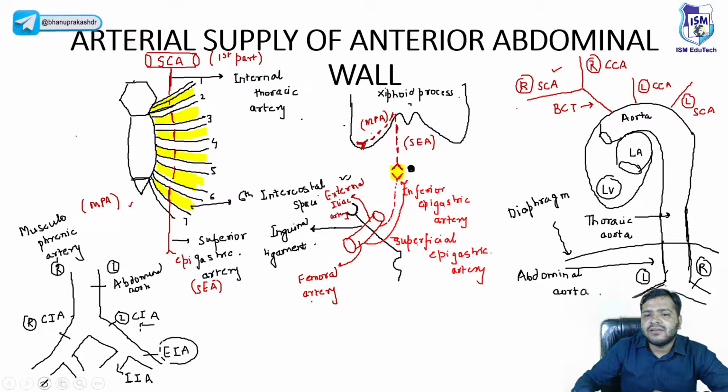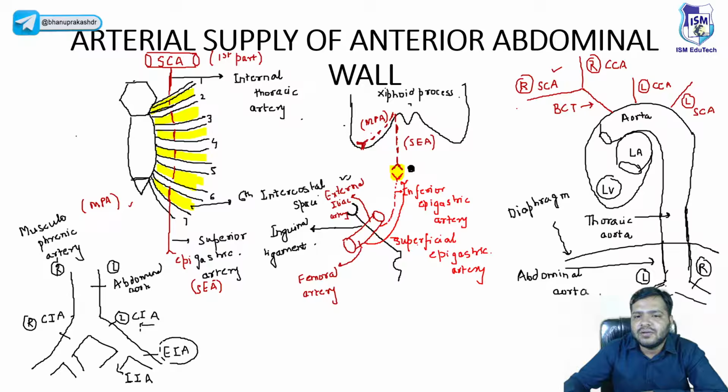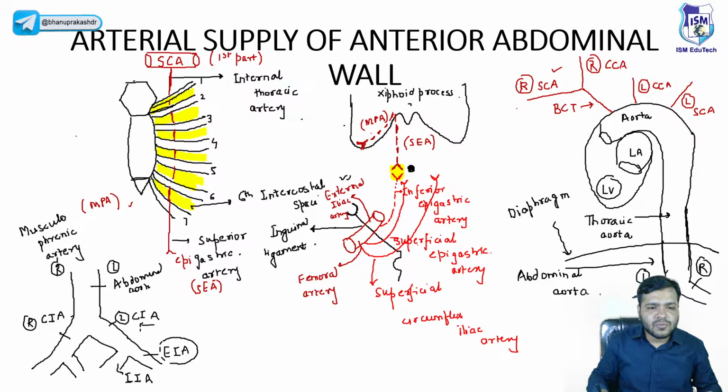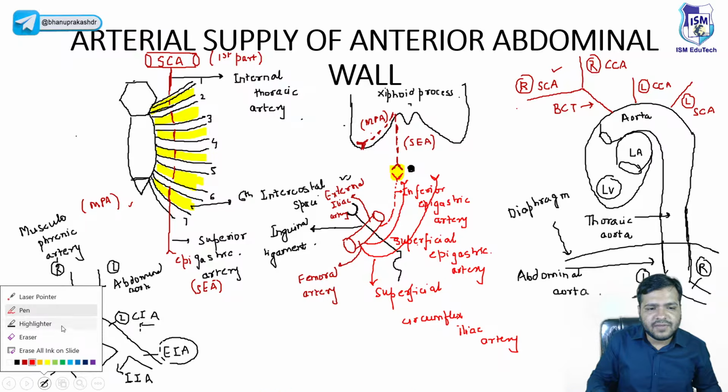So there is one more artery coming from the femoral part, and it is also supplying the anterior abdominal wall. It is called the superficial circumflex iliac artery. So guys, if you say do the numbering, how many have we drawn so far,